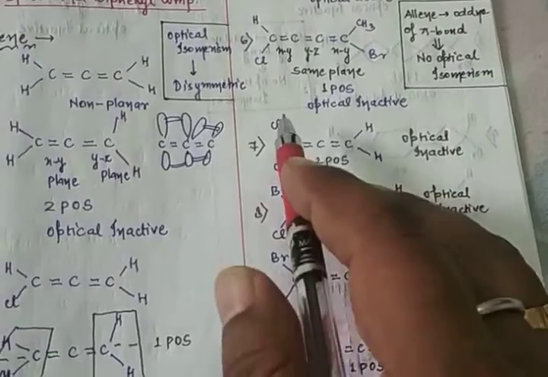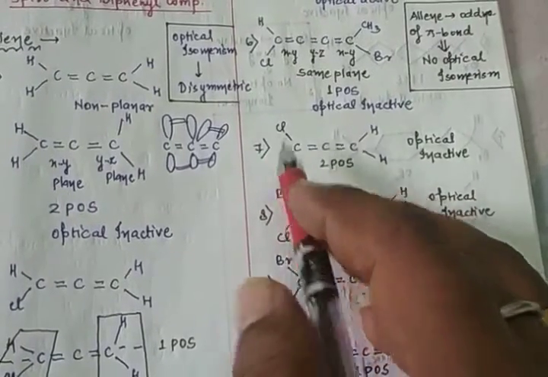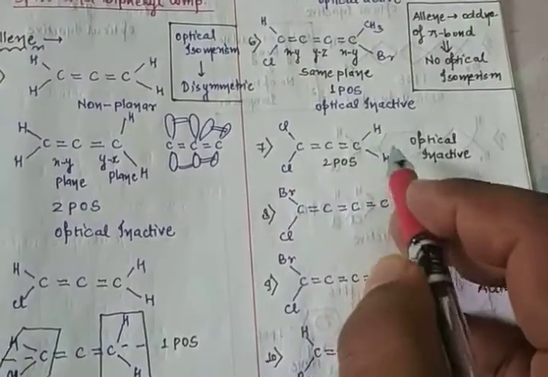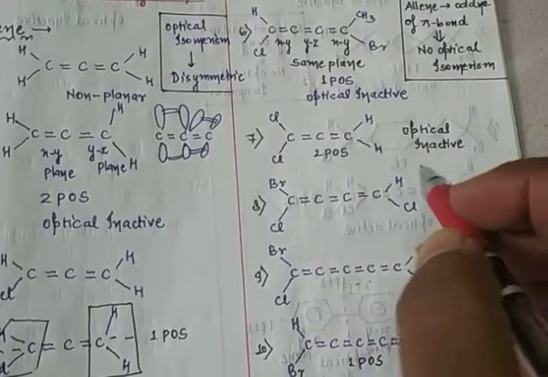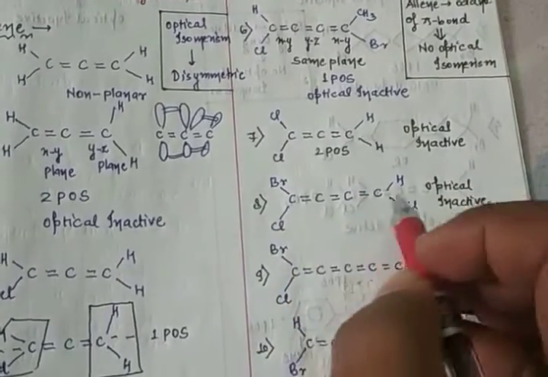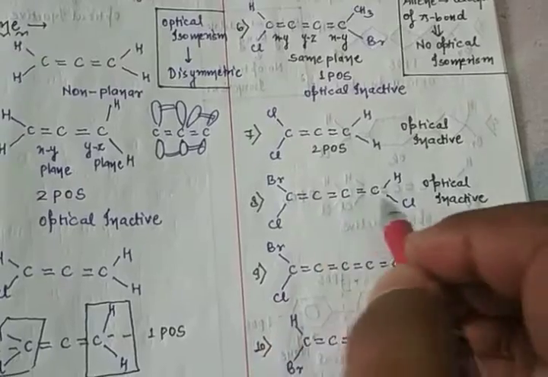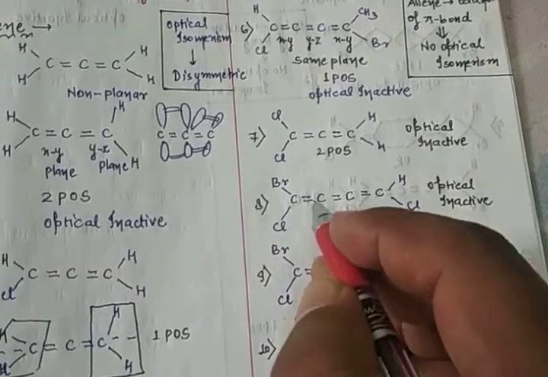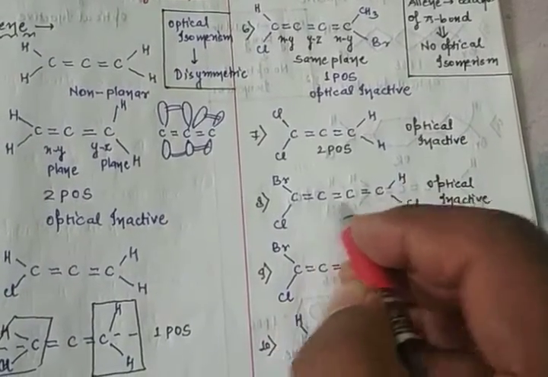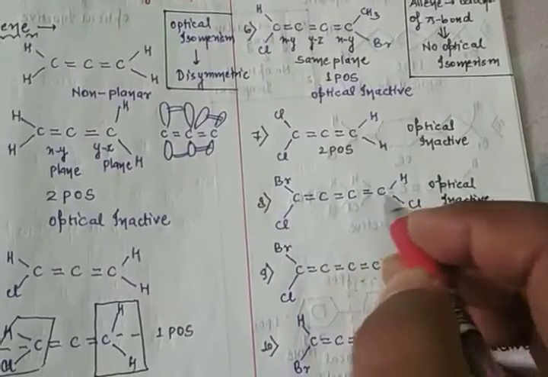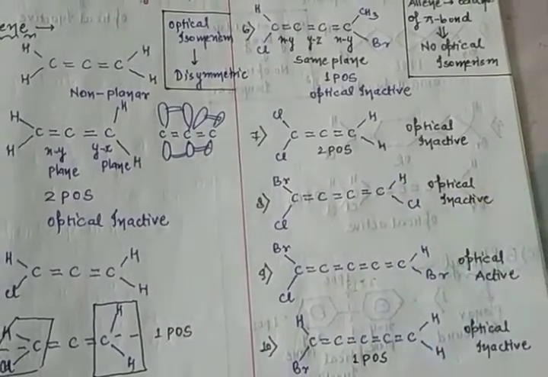Now again just check both sides of chlorine. There is an even number of rings, even number of double bonds. So one chlorine on the same side, one chlorine, there are 2 planes of symmetry. It means optically inactive. Again check, there is an X, there are 3 double bonds. It means the same plane is there. So with an odd number of double bonds, definitely it is optically inactive.